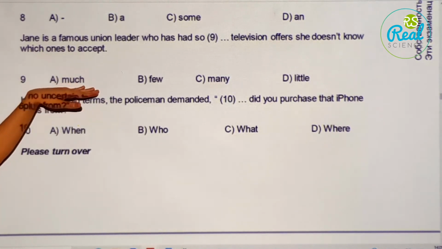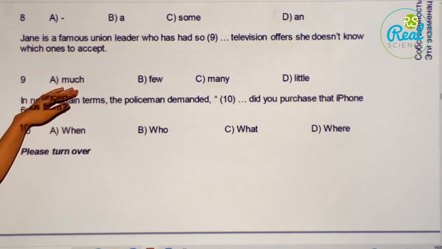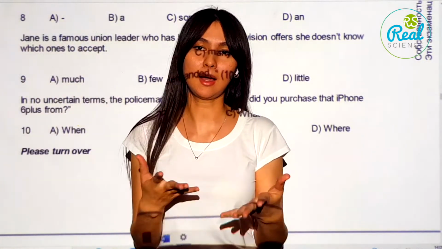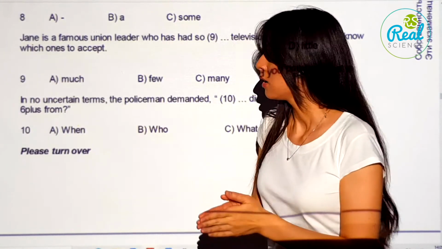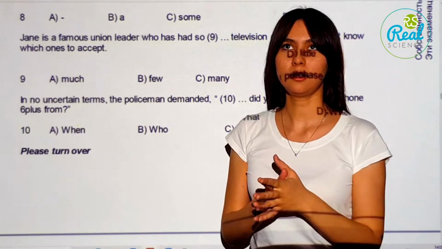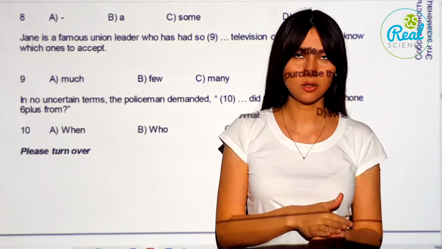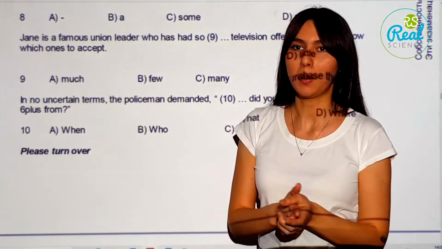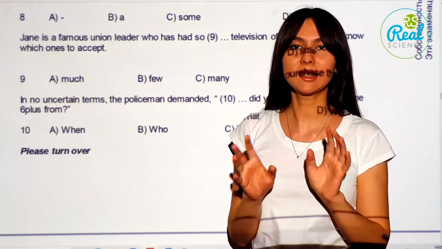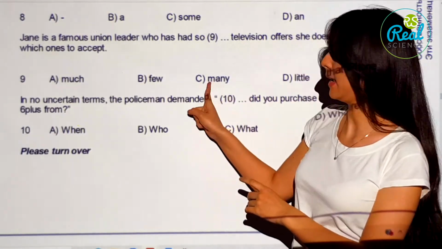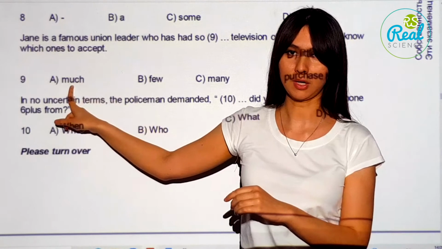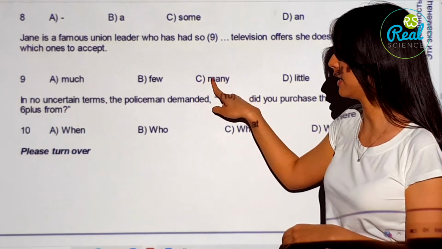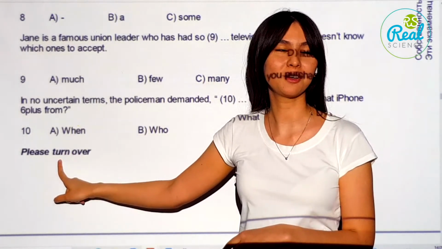Look, guys, Jasmina, much is used when we talk about the nouns which are uncountable, okay? For example, you can say so much money, so much sugar, so much milk, but not so much, let's say, players, students, okay? So with countable nouns, you have to use many, not much, okay? So here the correct answer is C1, yes? So 10th, yes, who wants to read?